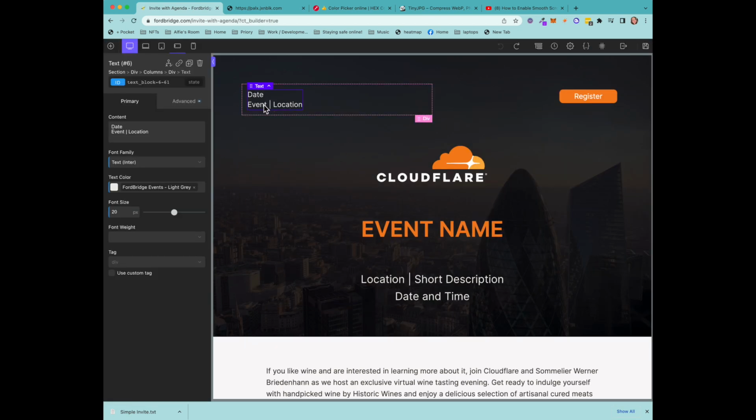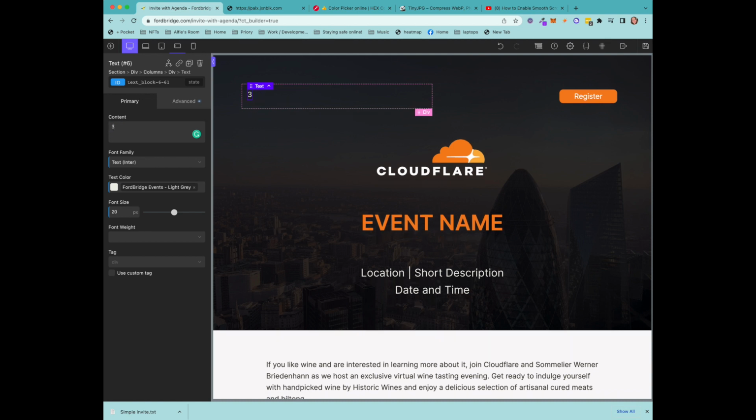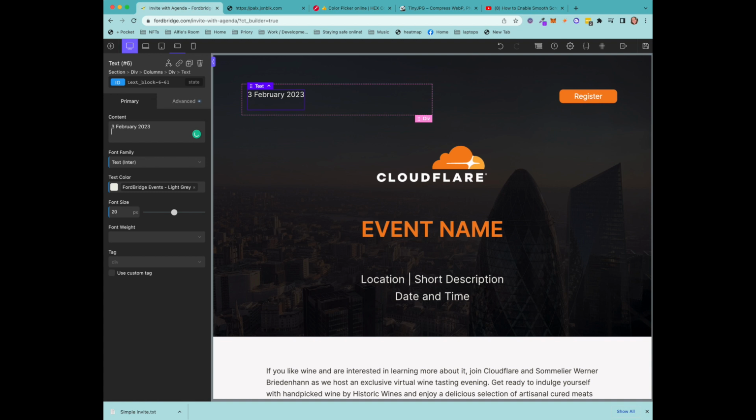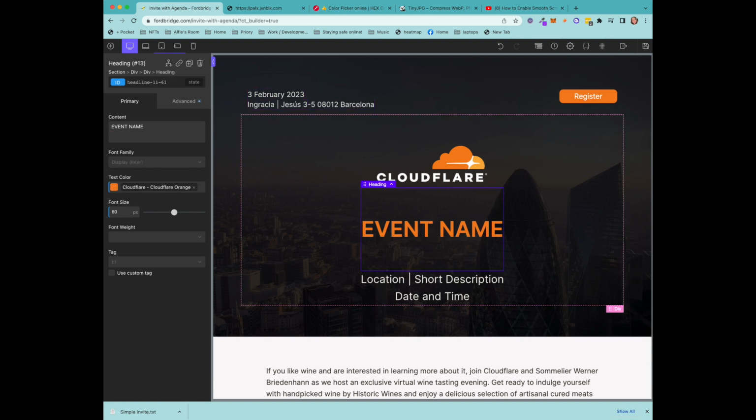Okay, so now we're going to change the text. Now you can see here we've got date and event location. Now once you've selected it, this panel on the left has changed again, and you've got the content here. So you can just select the content. If you've already got it, you can paste it in, or you can just type it in. And the event name, I'm just going to copy this from where we've already got it and paste it in